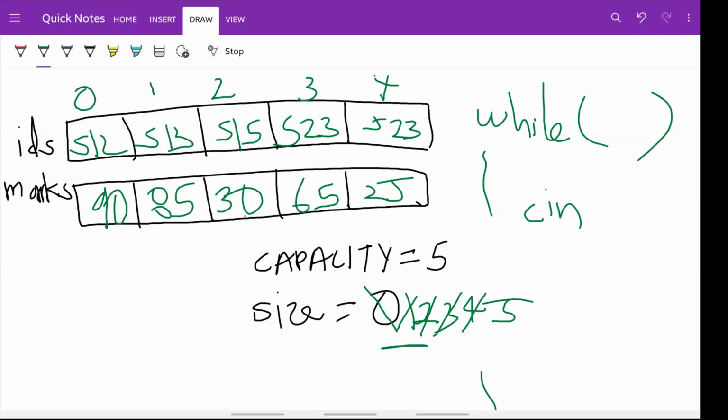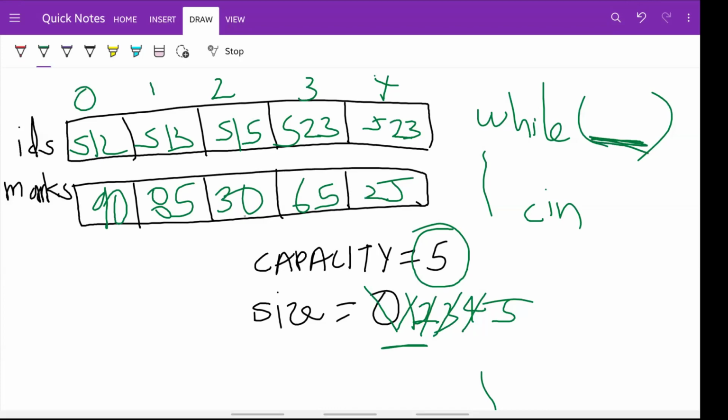Now of course we cannot continue doing this. There is a limit, and here the limit is the size of the array. Since the capacity is 5, we cannot enter any more marks than 5. Once the array gets full, we will have to stop asking for the input and exit the loop, or maybe print the data. So what do you think the condition should be in the while loop?